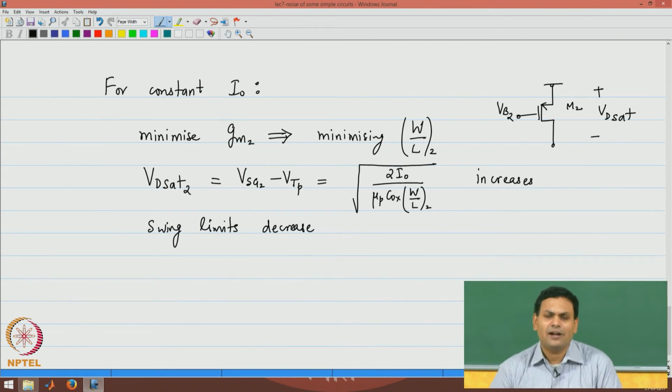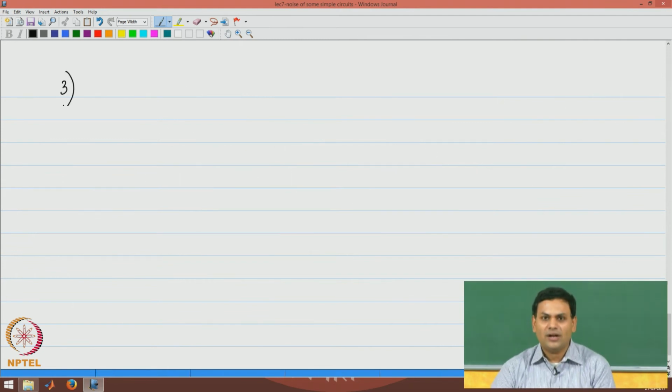And this is a classic trade-off in analog circuits, because as IC processes move from longer channel length technologies to shorter channel length technologies, you find that the power supply scales, and for the same noise your overall dynamic range is being constrained. On the upper side, as the power supply voltage decreases, you are constraining the voltage, and therefore there is a certain SNR limit that is imposed by this process scaling.